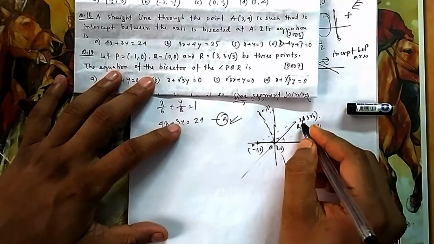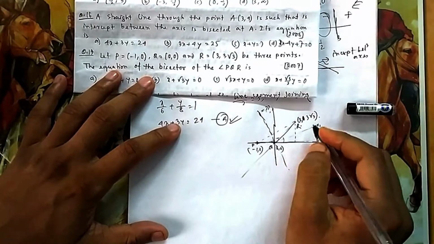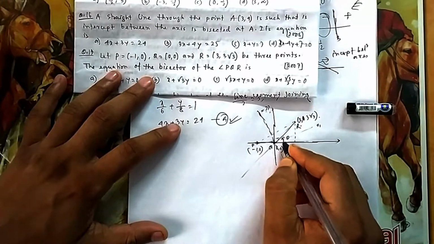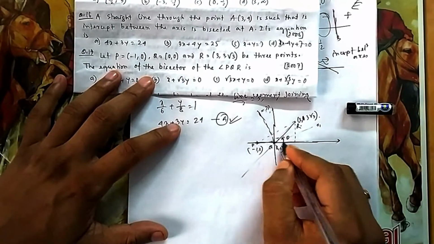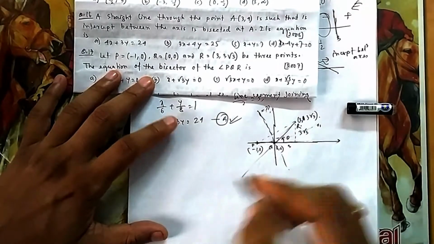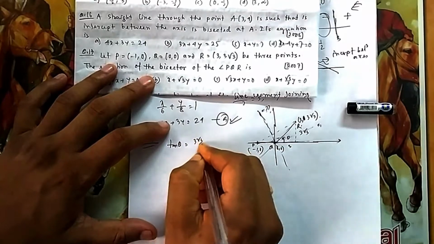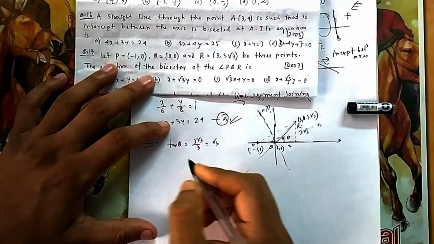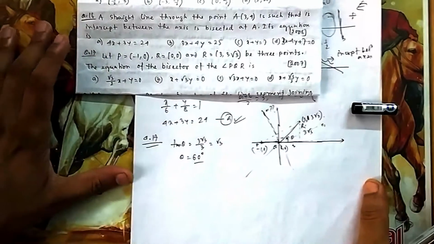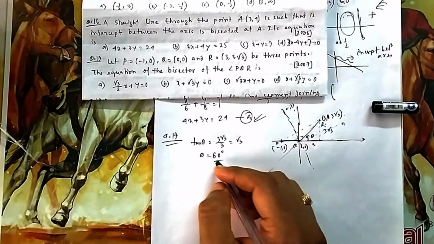But if you see here, these values 3 root 3 and 3 are very standard things. If I take this angle as theta, then what will this angle be? This is 3 root 3 and this is 3. So tan theta will be equal to 3 root 3 by 3, that is root 3. So it is very standard. Which theta gives tan theta root 3? That is tan 60 gives me root 3. So it is 60 degree.